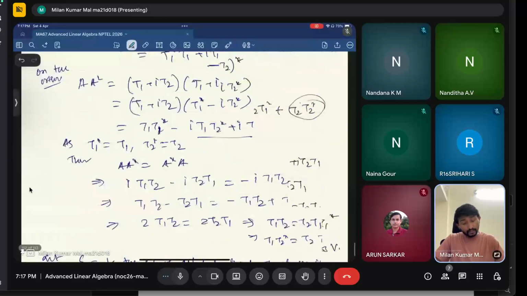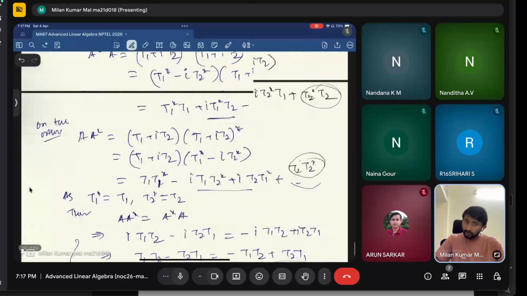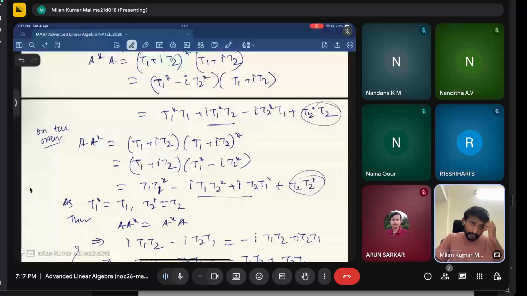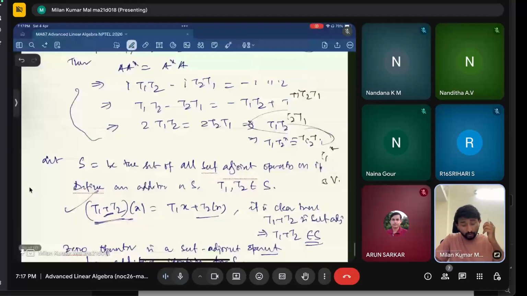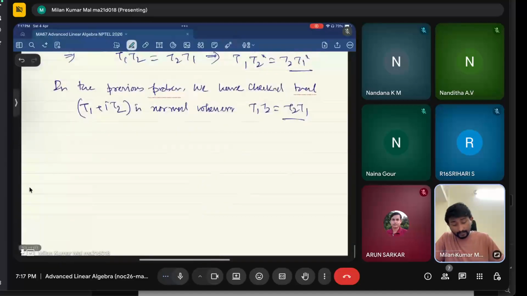Yeah, here it is: T1 T2 equals T2 T1. That is a necessary condition. If we know that condition, you can go in the reverse direction. You get A star equals A star, and we know that A is T1, T2, self-adjoint operators, that we know. Okay, so that says, then